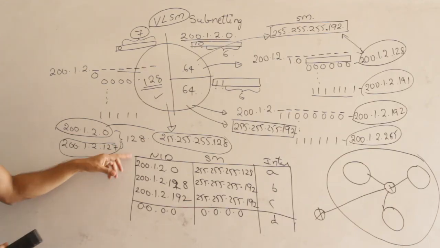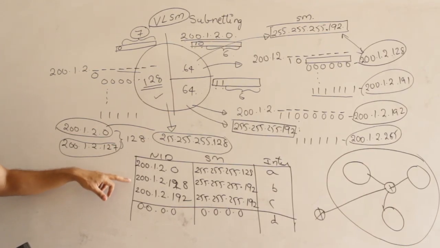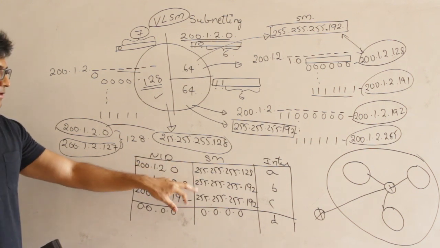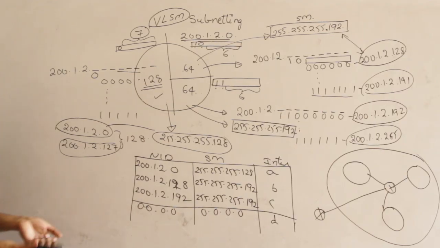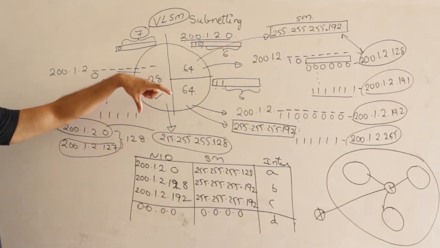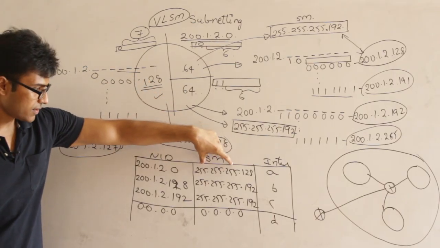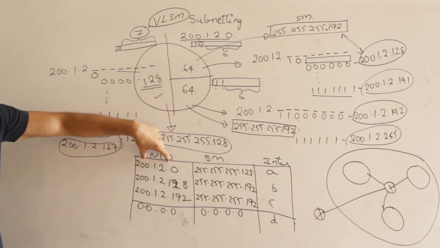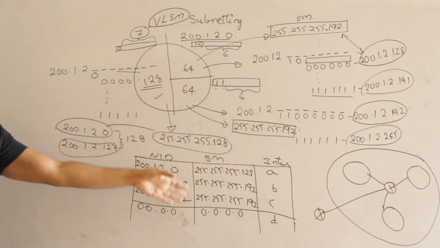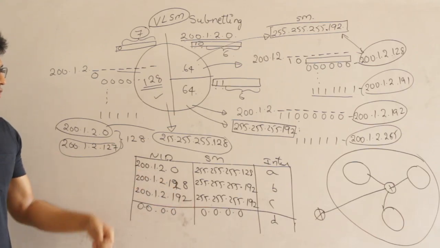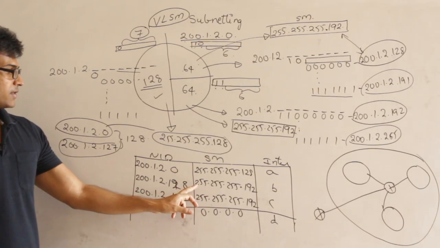So now in this routing table, we are going to have variable subnet mask, which means subnet mask is of variable length, right? So again the rules are the same. First you take the destination IP address, AND it with the subnet mask, and if it matches with the network ID, then you send it over whatever interface is connected. If there are two matches, whatever is the longest match, see in these three, the longest subnet mask is